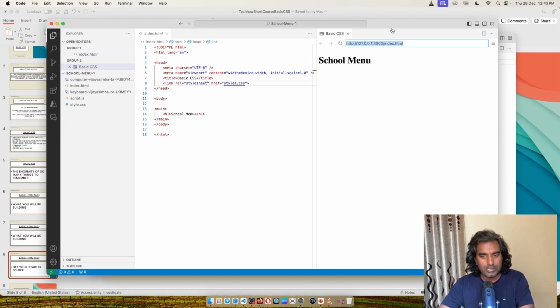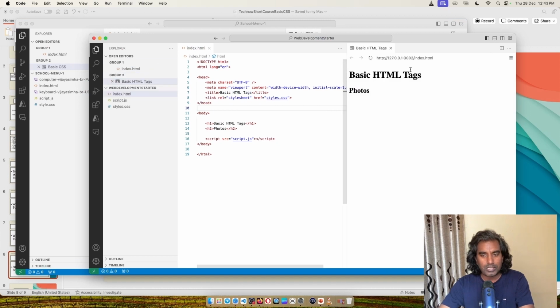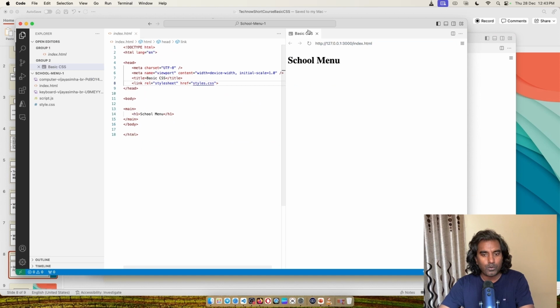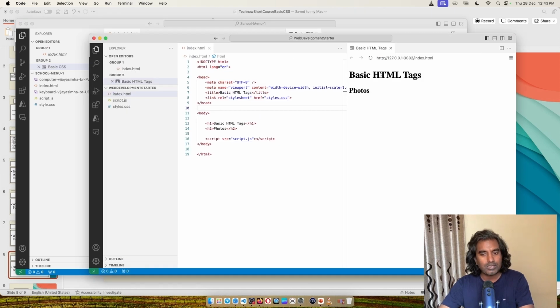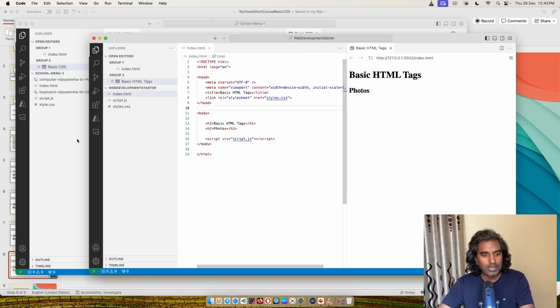The only thing is, now if I look at my starter folder, let me get that also on the screen. You have the title here, it looks a little different, whereas the title we want is this. And also here it says something about HTML, whereas this should be what it should be. So only two simple things for you to do here. So let's go ahead and do that. This is what I want, and this is what I have right now.